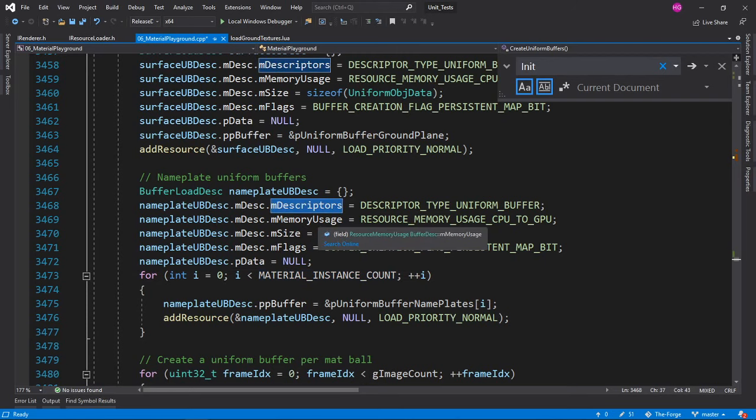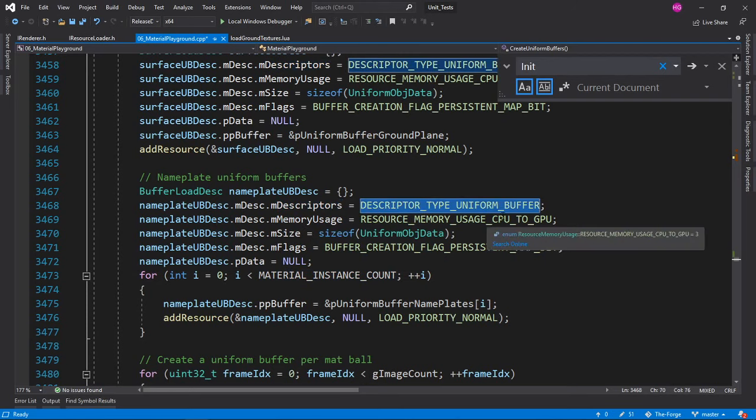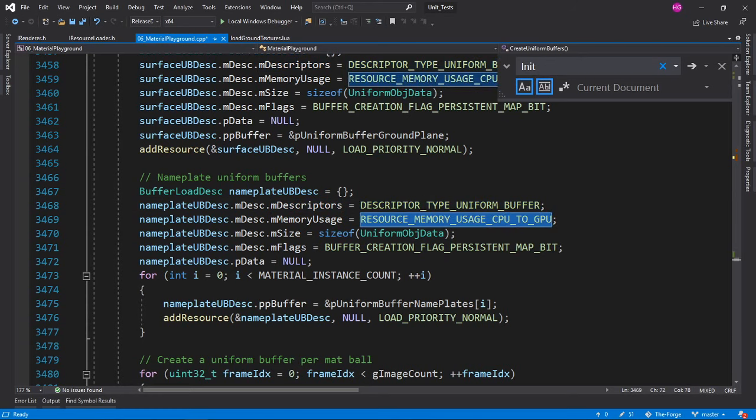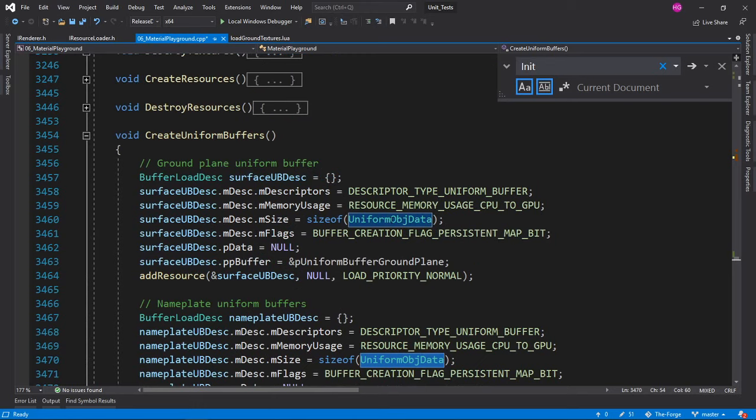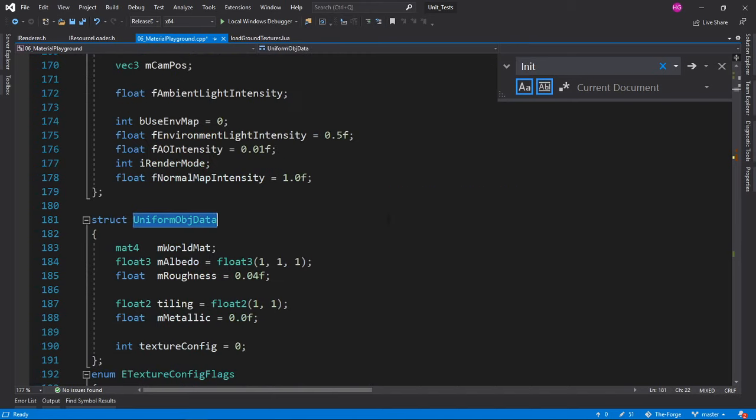M descriptor, uniform buffer, resource memory usage, CPU to GPU. Oh, so this is telling the descriptor that I am going to put data from CPU side to GPU side. This is the size, uniform buffer, object buffer. Interesting. Uniform object data. What is that?